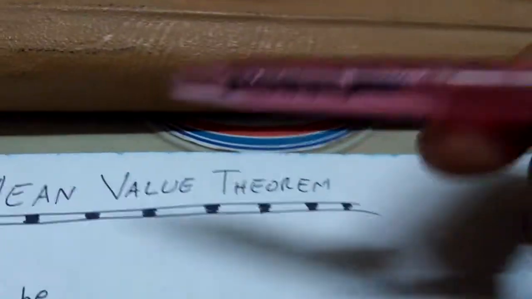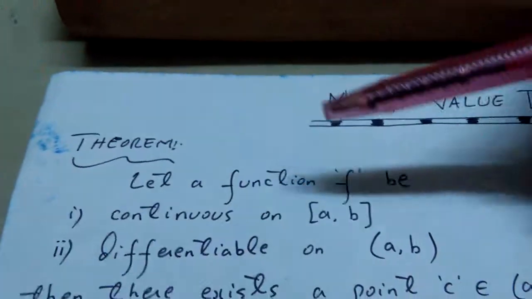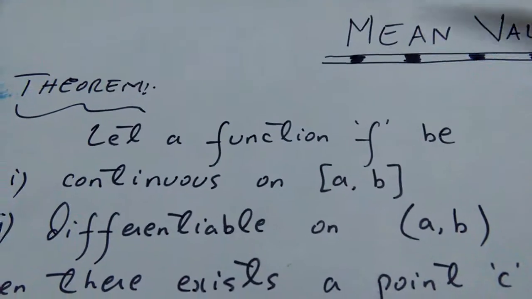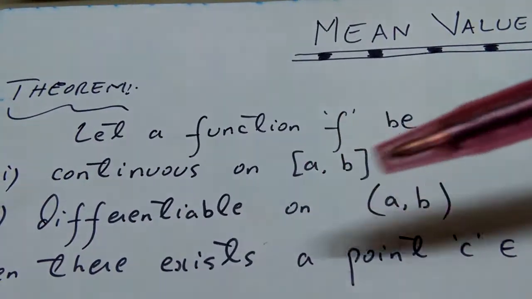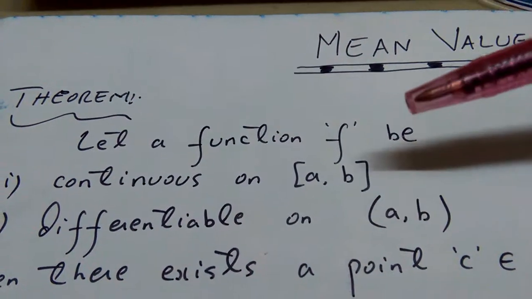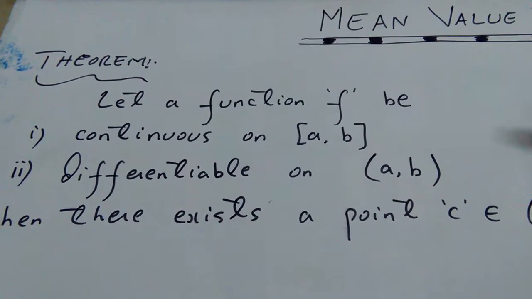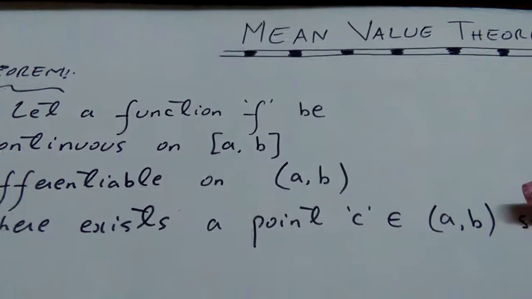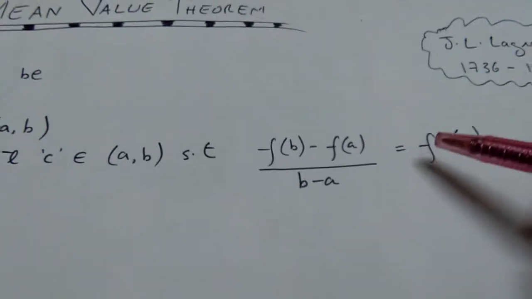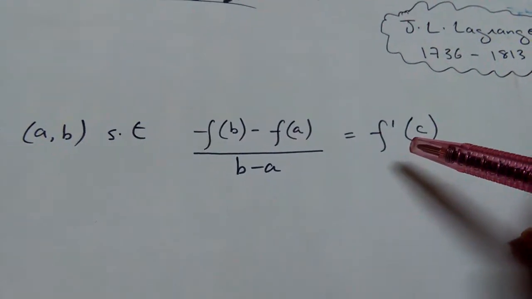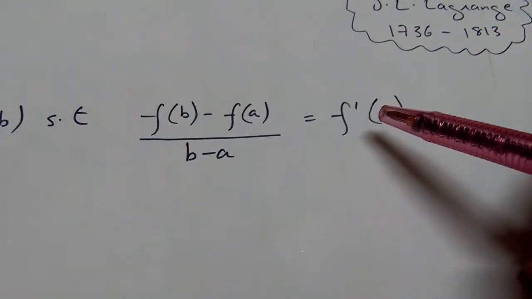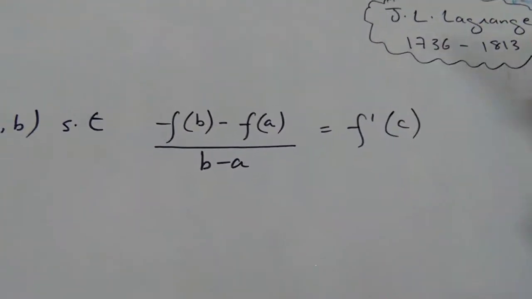And he just explained that if you're having a certain function f which is continuous on a closed interval ab, a and b could be any real number, and it is differentiable on an open interval of your ab, means the boundary points are not included, then there's going to exist a certain point c belonging to this open interval such that this slope is going to be equal to the slope of the tangent line at the point C. Okay, so you can see that it is exactly equal to the derivative of the function evaluated at point